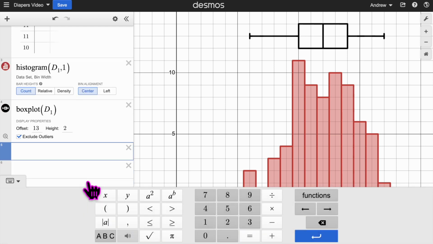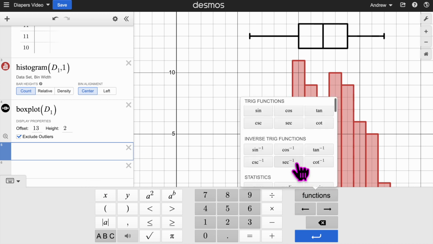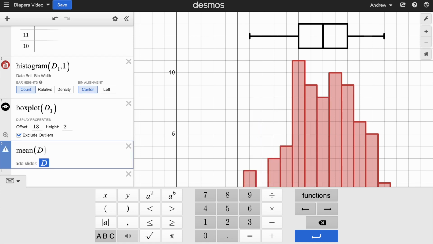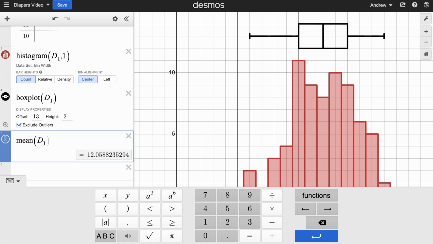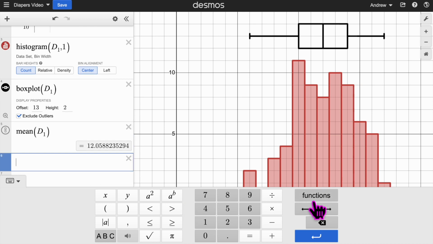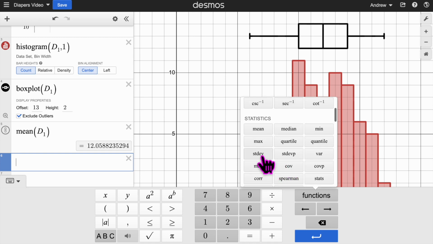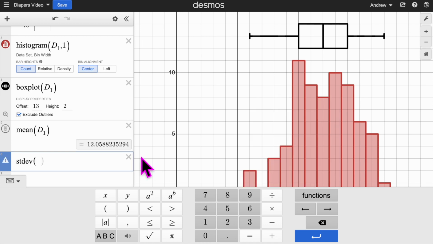So here we would go to Functions, and you can choose the mean. Again, we're going to do of our data set, diapers. So we can see here there was 12 diapers used on average. We could also pull up the standard deviation. So again, we go through Functions. STDEV is going to be our choice of